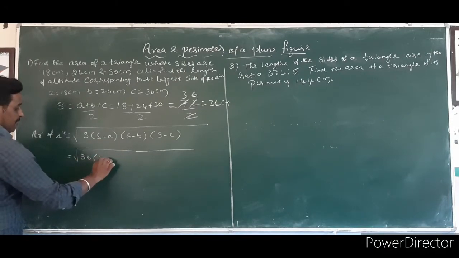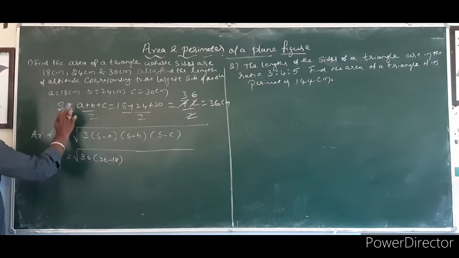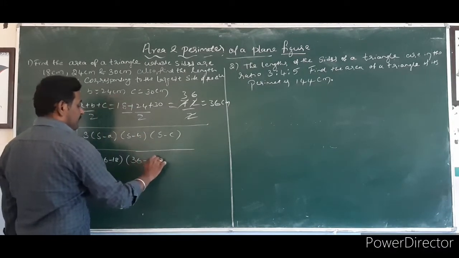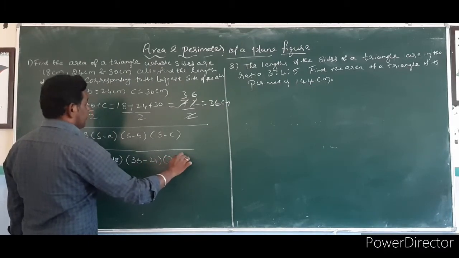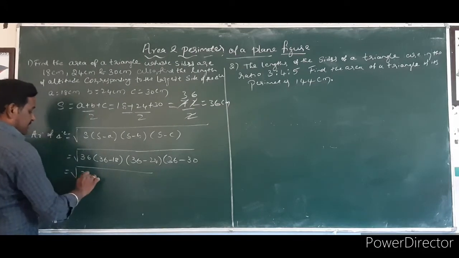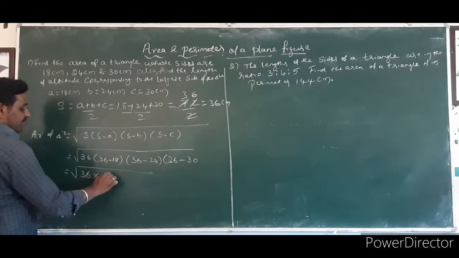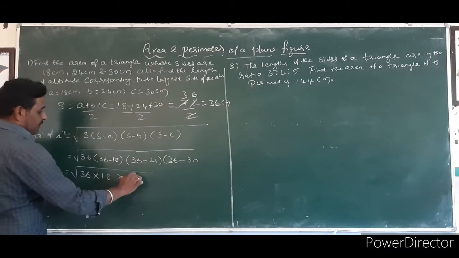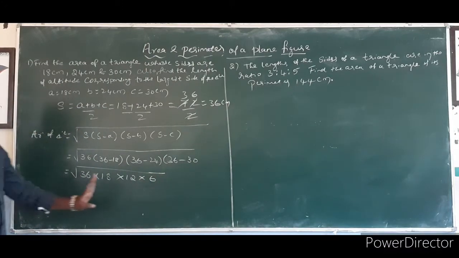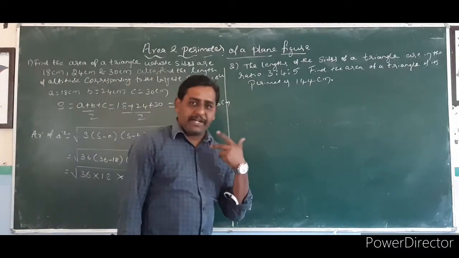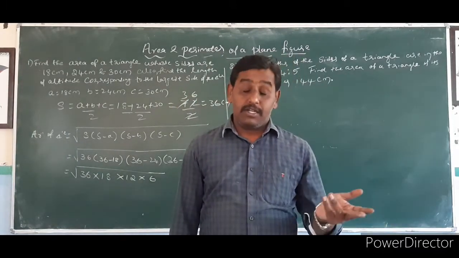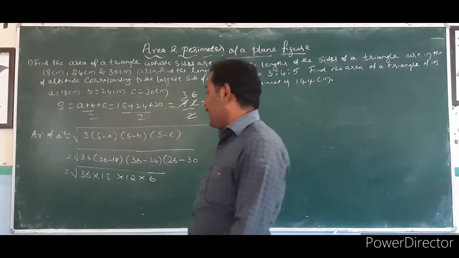36 minus 18, A value I am considering 18. 36 minus B value 24. 36 minus C value 30. Then 36 into, in 36, 18 will go means 18. 36, 24 will go means 12. 36, 30 will go means 6. So if you go on multiplying and finding the square root, it is very difficult for you. That's why, in the last semester, in 8th class, I taught how to take the